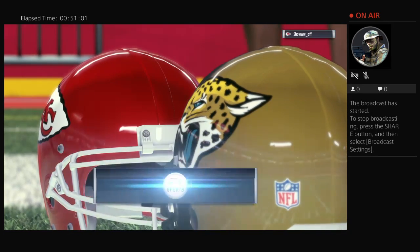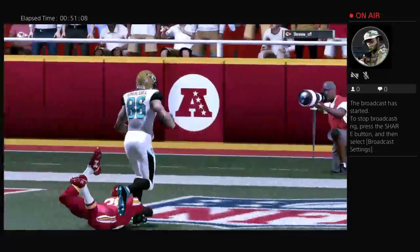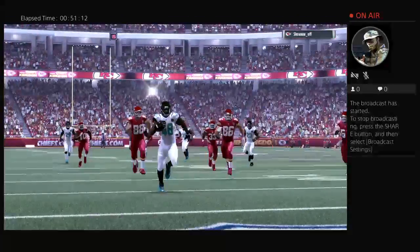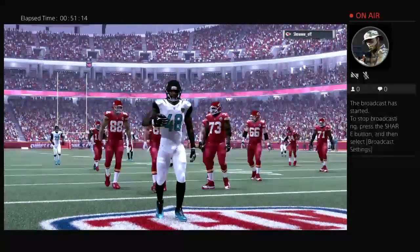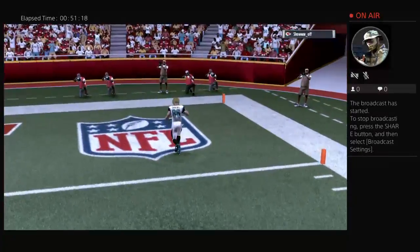So for the Jags, it was a great all-around performance as they come out of this one with the victory. And they'll get another road test next week as they head to Houston to take on the Texans. Meanwhile, for Kansas City, they'll fall to 1-1. And they will be at home next week to take on the